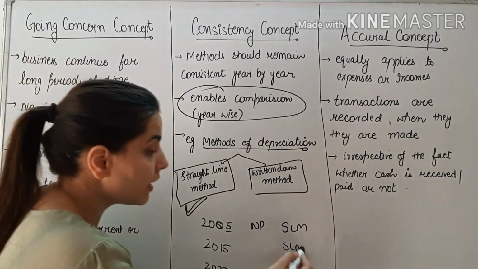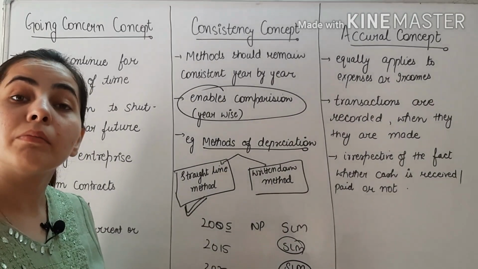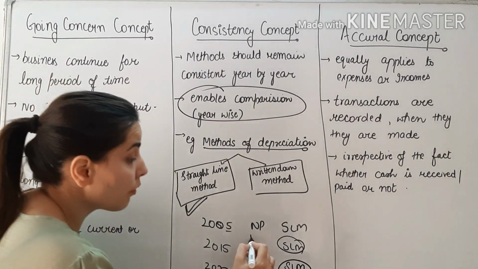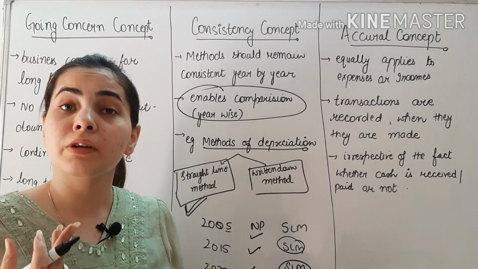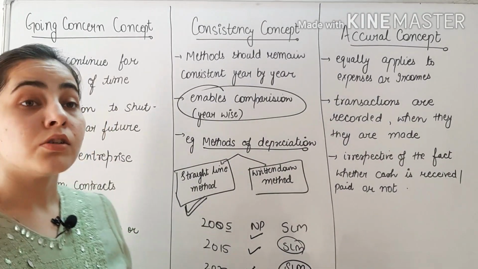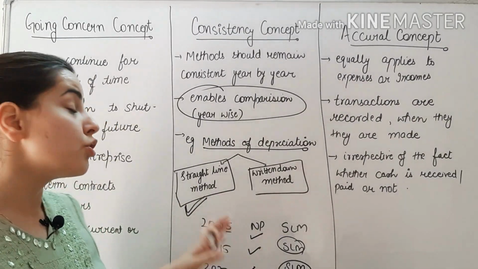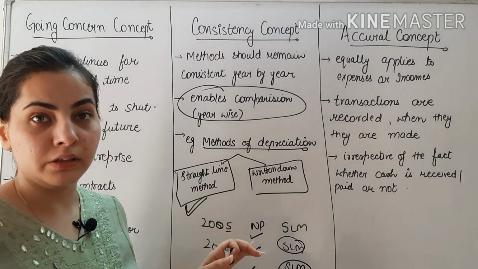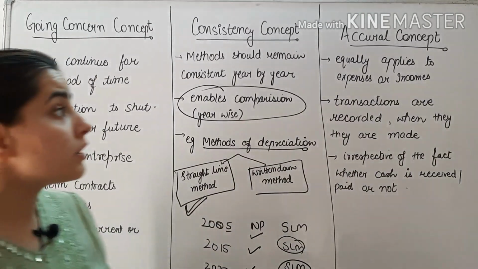If there is a change in any method, यहाँ पे हमने कोई और method use किया, यहाँ पे हमने कोई और method किया, the profit will not reveal the true picture, the true financial position of the business. So it is the responsibility of proprietors and all the accountants to follow one method throughout the years and should not change it at any cost. Last but not the least,